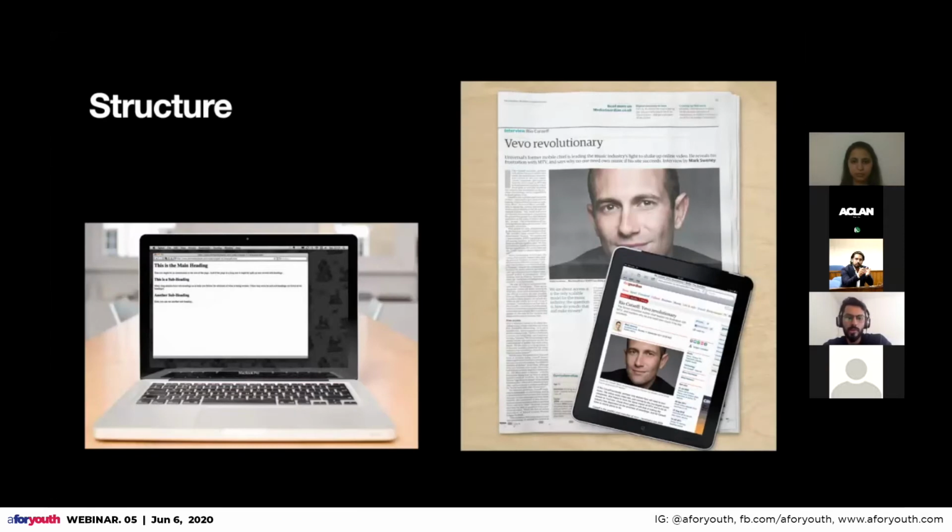You have all seen, let's say we take the example of a newspaper. There is a whole design in the newspaper. There is small text, there is larger text, there are images, and the same goes for websites as well. Every website has a very basic design, and it has a title, a subtitle, a description, and some images as well. So a very basic example of this design can be taken from a newspaper.